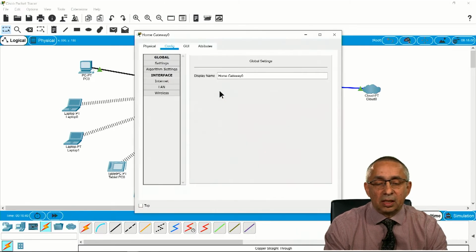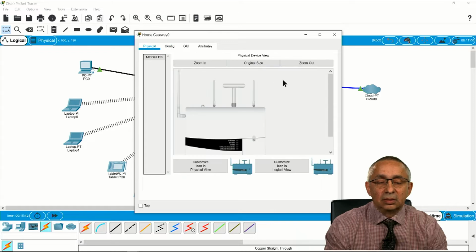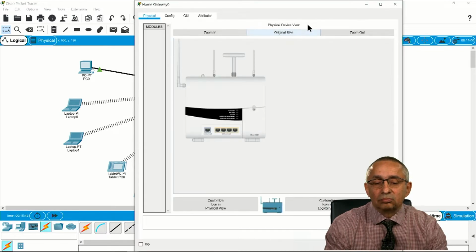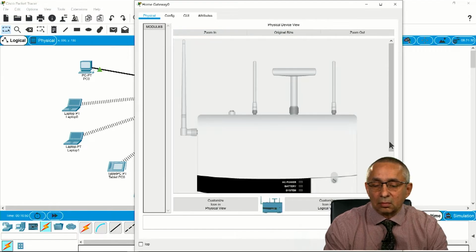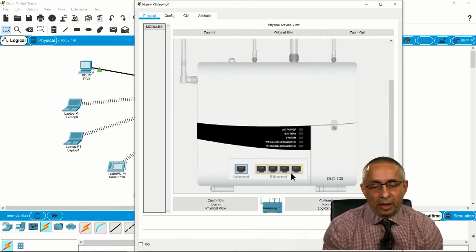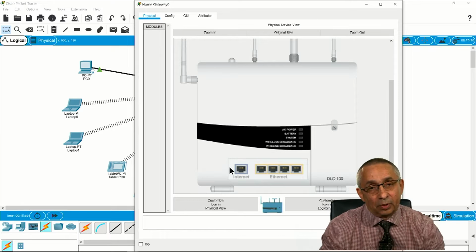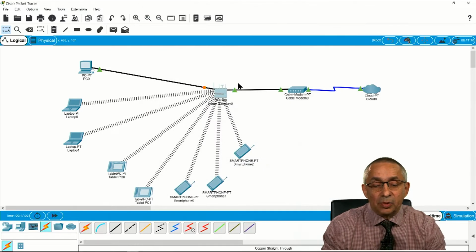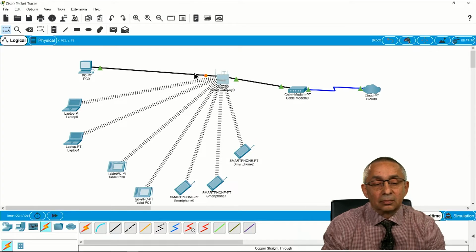And if you can see this network device, it has its antennas, and it has 4 ports for wire connections, and usually it has a port for the internet connection. And this is what I'm simulating with this device.